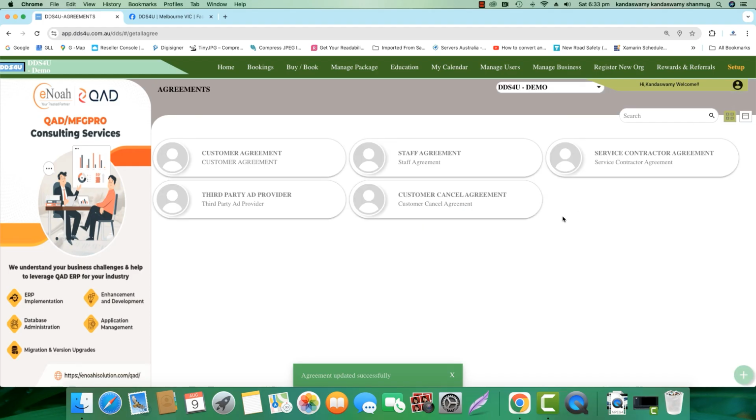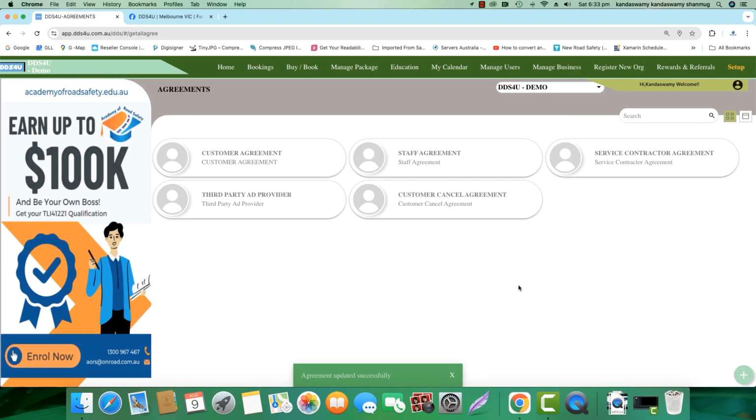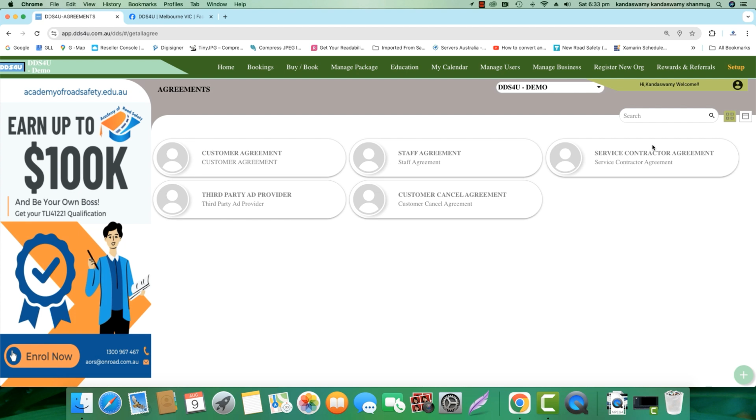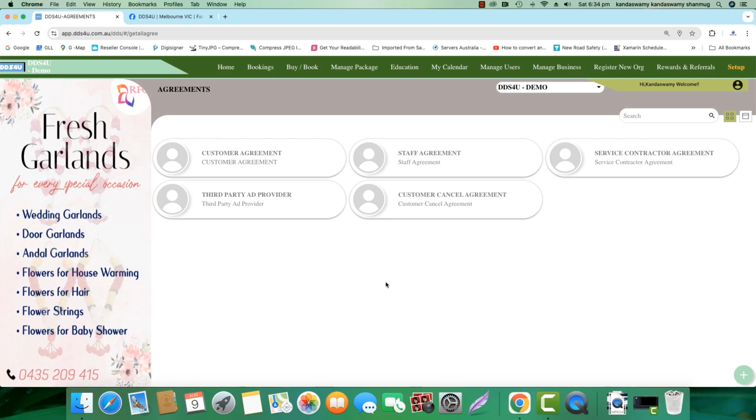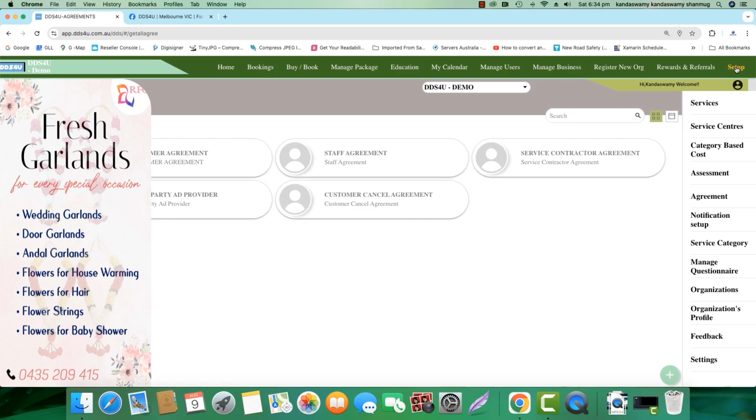The purpose of these contracts is that whenever a customer or a service contractor is onboarding by themselves, on the first page this agreement will be displayed and they have to go through all those things and finally they have to agree digitally. So digital agreements are being signed automatically. So implement all these things the first time. As I told you, again it's a one-time setup. Then once we finish this one,